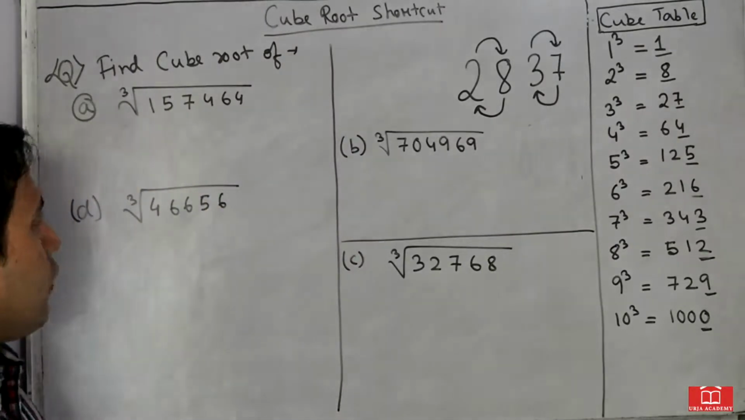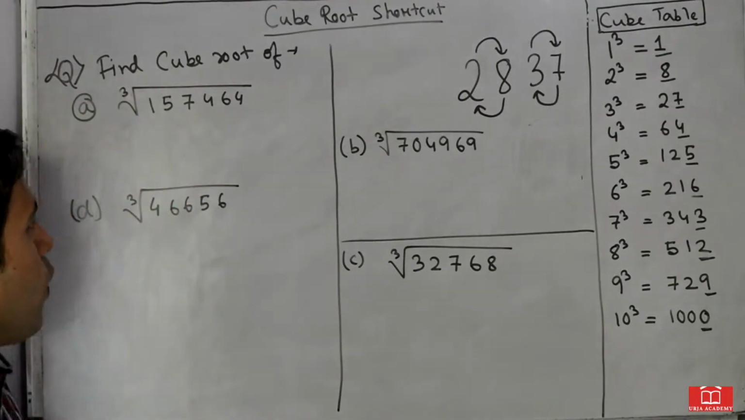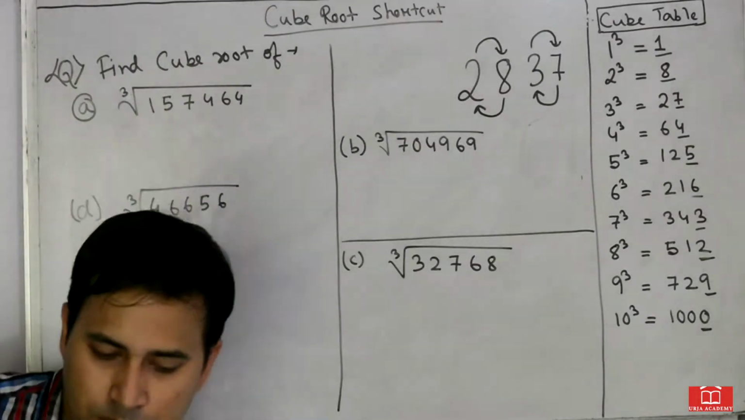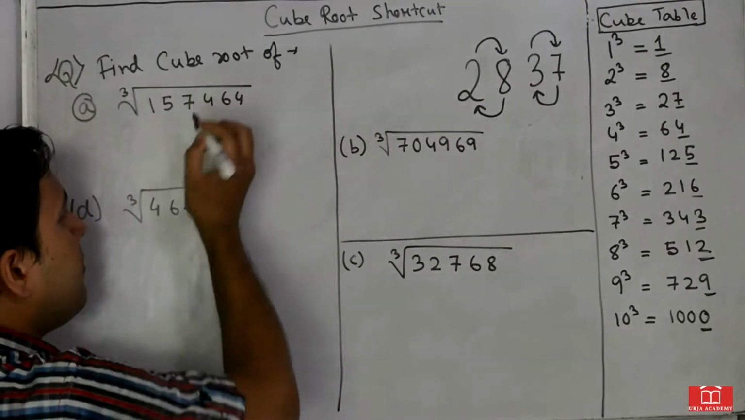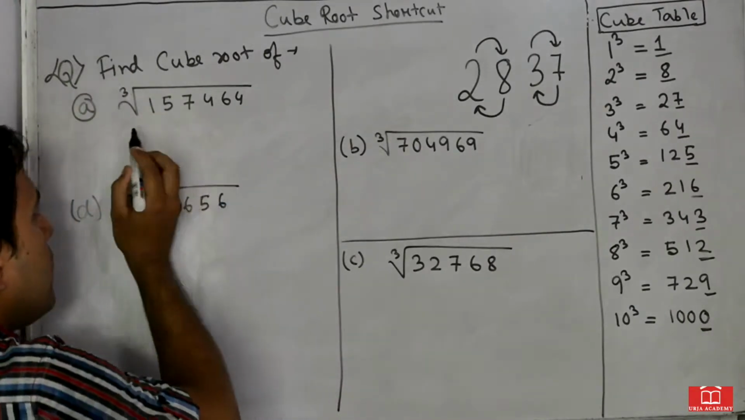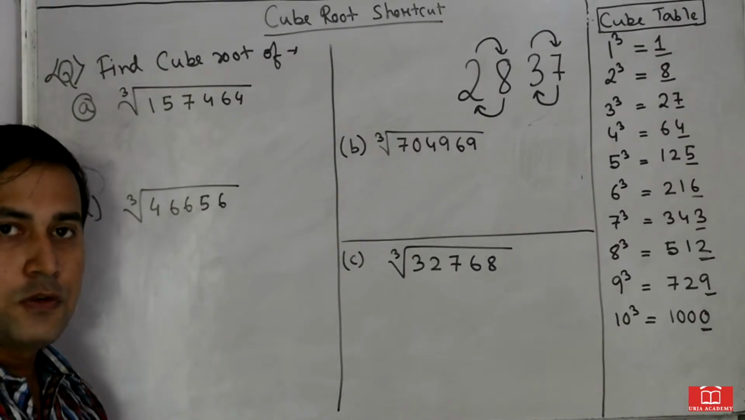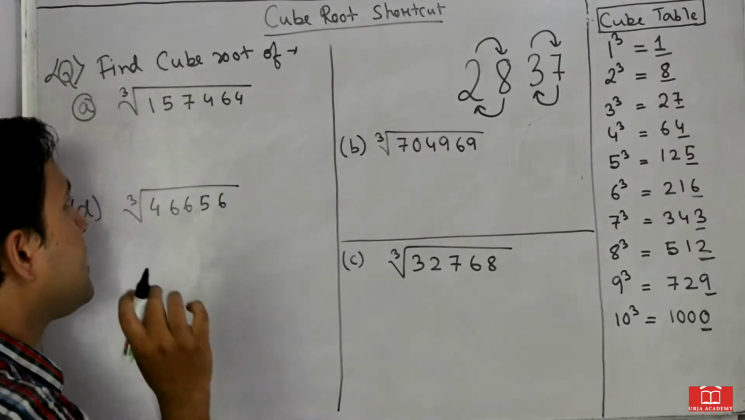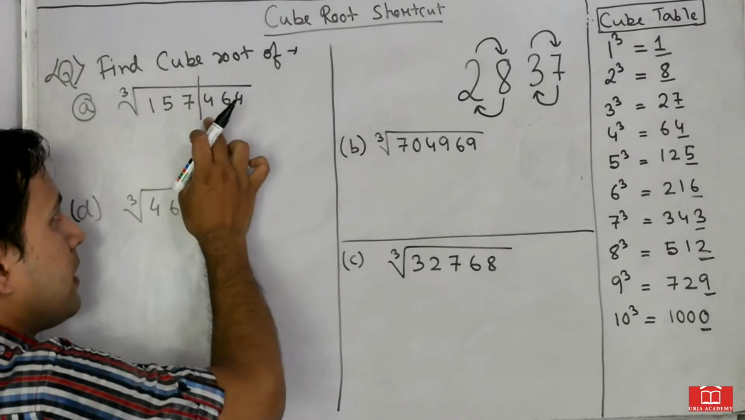The first rule of this method is that let us take one problem. The first problem is the cube root of 157464. So the first rule is we will divide the number into triplets starting from the right. Triplet means 3 digits. So if we divide it into triplets, what is the first triplet? The first triplet is